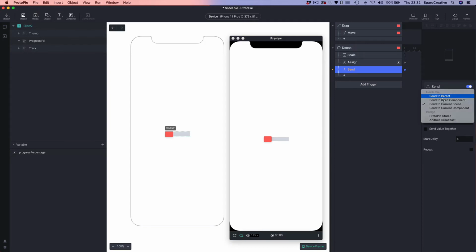and we're doing that because we want to be really explicit about the component that's using it, and it'll make more sense as we do the other side of it. But fundamentally there's two ways you can send messages out. Well, there's actually more than two ways, but for the sake of what we're doing here, we could either send to the parent, which happens to be the scene because the component is sitting in the scene, so therefore it's a child of the scene, therefore this scene is its parent. We could also send to the current scene,